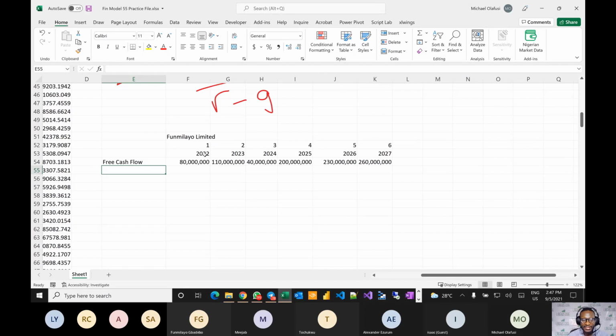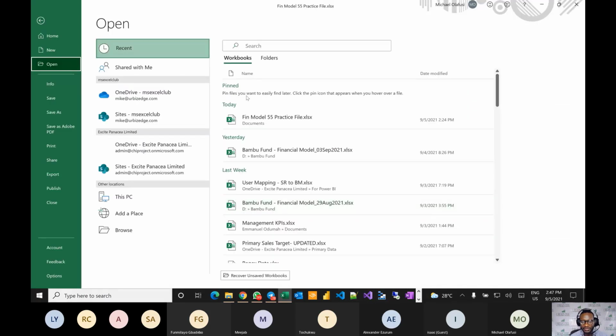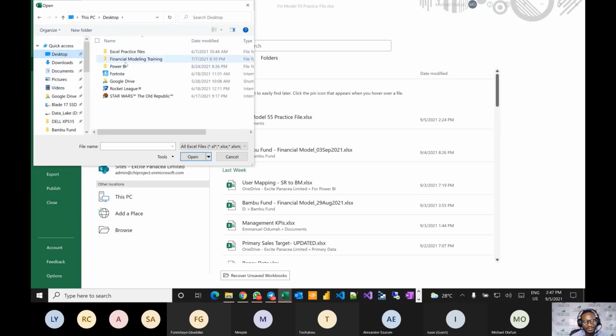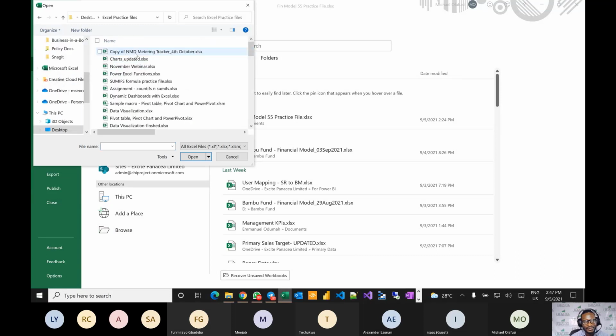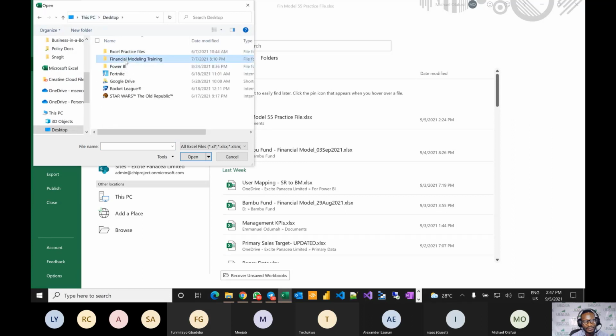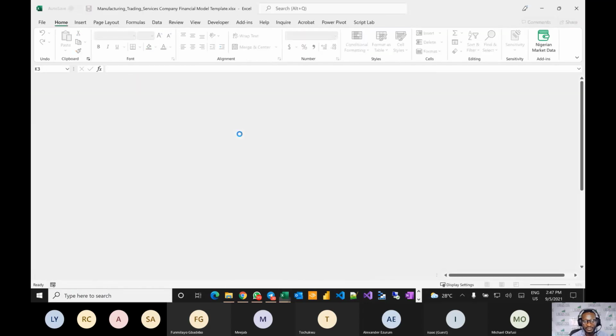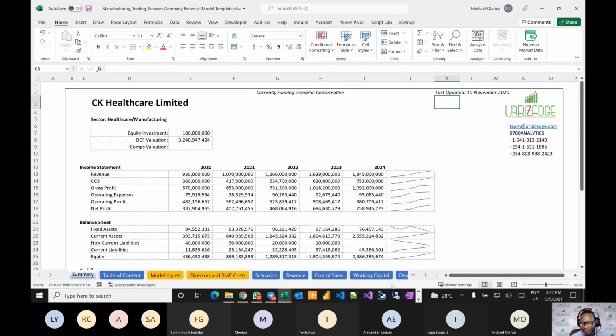So these are the very well broken down financial statements when we talk about doing financial modeling. I don't want to open a client work. Let me go and open what will not get me into trouble. This one. No. This. Let me use the familiar one.